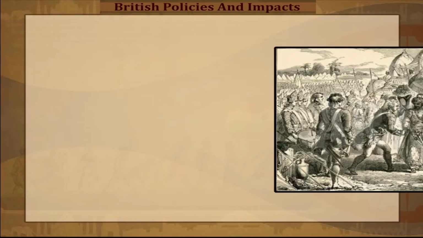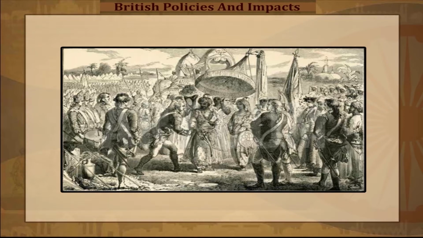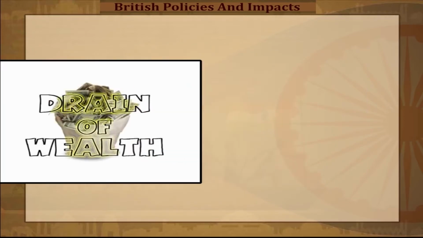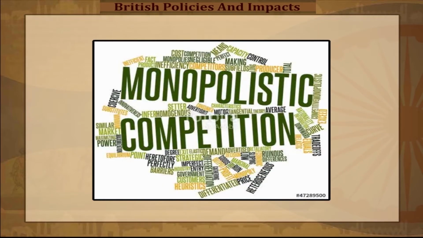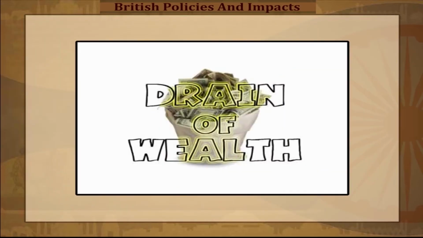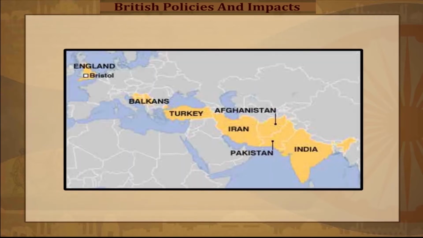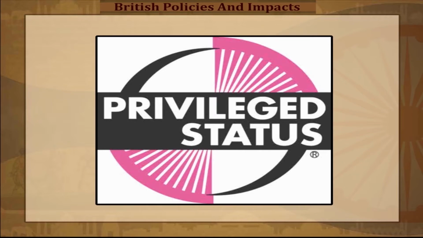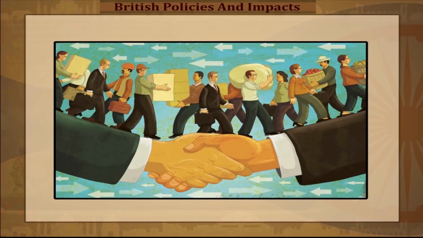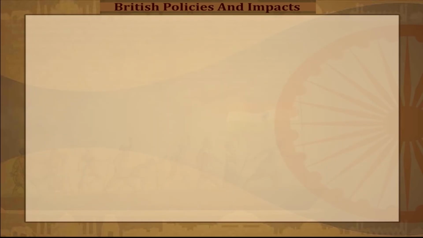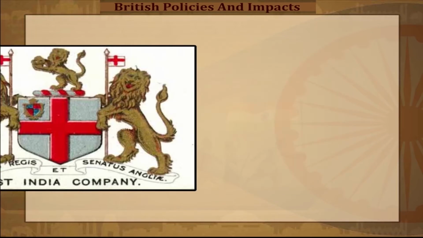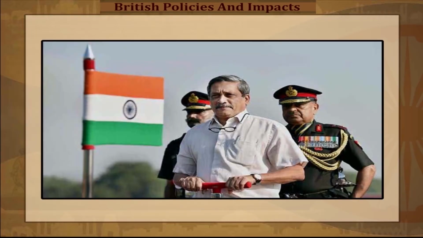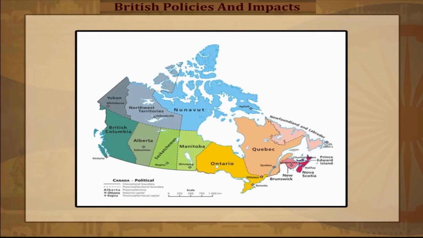Early drain of wealth. After Plassey, the situation was reversed and the drain of wealth took an outward form as England gradually acquired monopolistic control over the Indian economy. So, the drain of wealth from India to England started after 1757, Battle of Plassey, when the company acquired political power and the servants of the company, a privileged state, acquired wealth through dastak, dastur, nazarana and private trade.